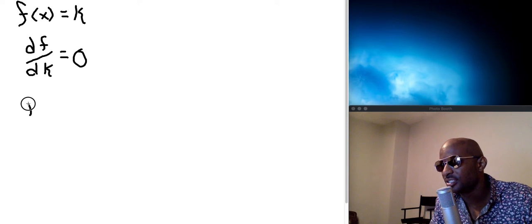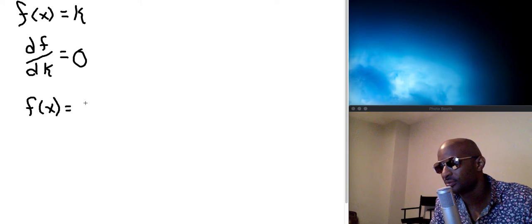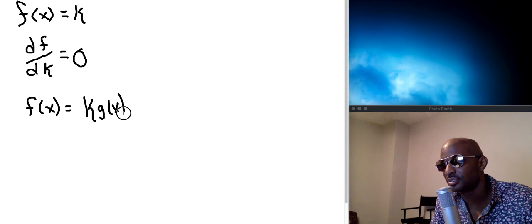Really quick, it states that if you take the function f of x and you have that equal to another function, k times g of x, k being the constant and g of x being another function, then the derivative of this function